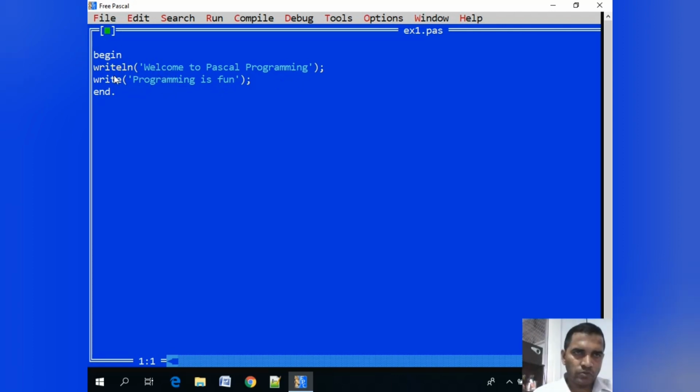Suppose you use write in both occasions, so this is write and also this is write. If you use write in both, definitely both text messages will be displayed in a single line, right? We discussed these things in the last class, right? Today we will modify this program